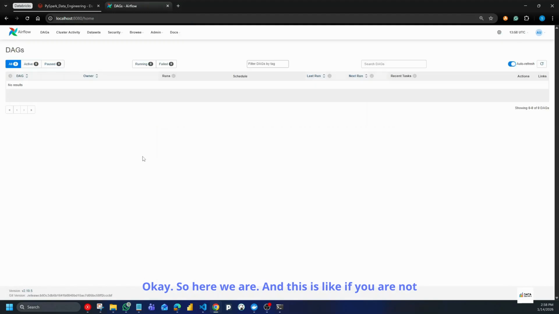Okay, so here we are. If you are not familiar with Airflow, it's an orchestrator with so many DAGs that you can create. So a DAG is like some type of